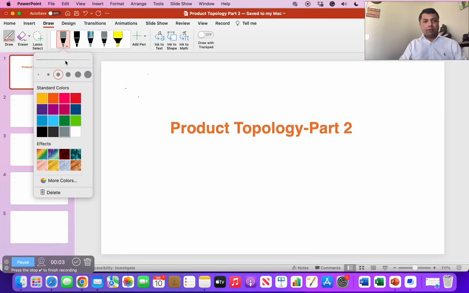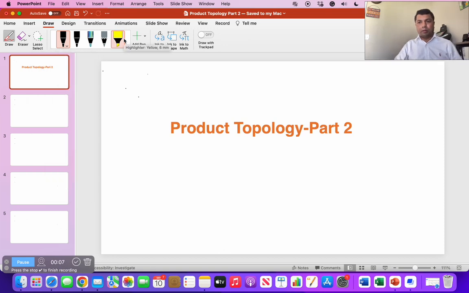Okay, in our previous video, we described product topology using bases. Sometimes it is useful to express product topology in terms of sub basis. So in this video, we're going to study product topology using sub bases. In order to describe product topology using the sub basis, we need a special type of map which is